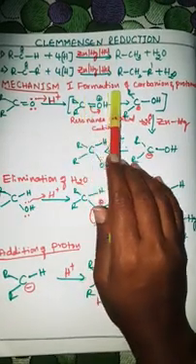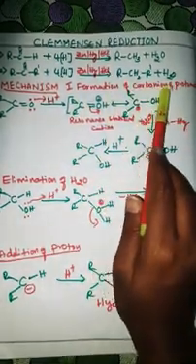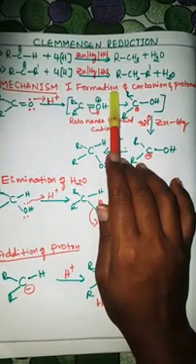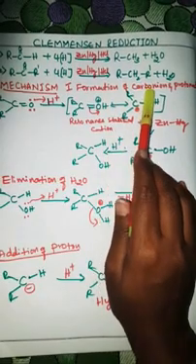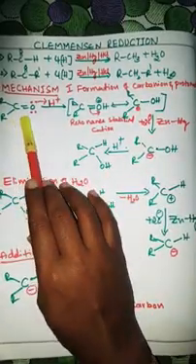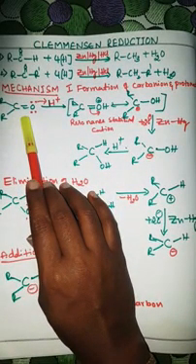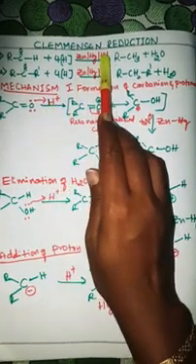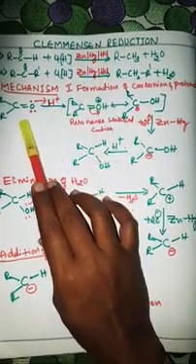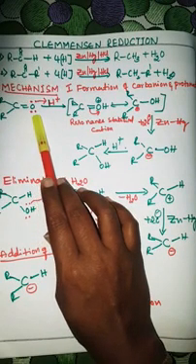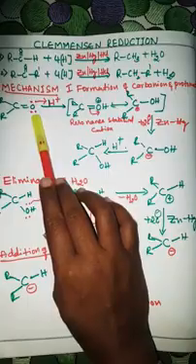First step is the formation of the carbanion and protonation. Formation of the carbanion: a carbanion is a carbon which carries a negative charge. In the first step, the ketone reacts with a proton, which is obtained from the HCl. When the ketone reacts with the proton, the oxygen atom attacks the hydrogen atom.